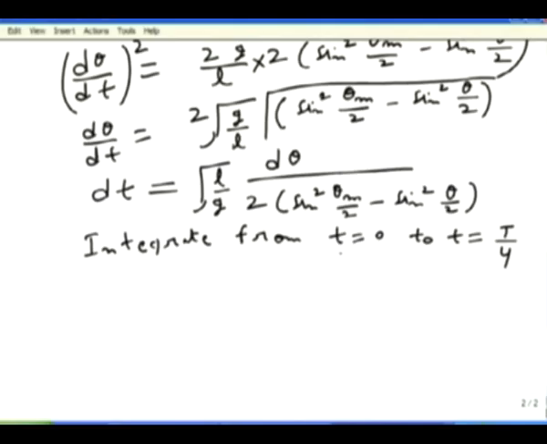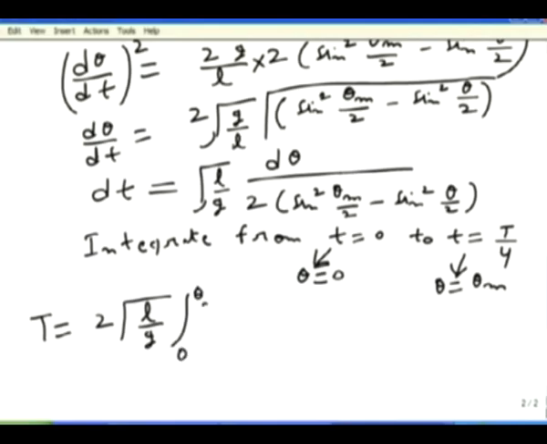At t is equal to 0, theta is equal to 0, and at t is equal to T by 4, theta is equal to theta m. Doing this, we obtain T is equal to 4 under root L by g